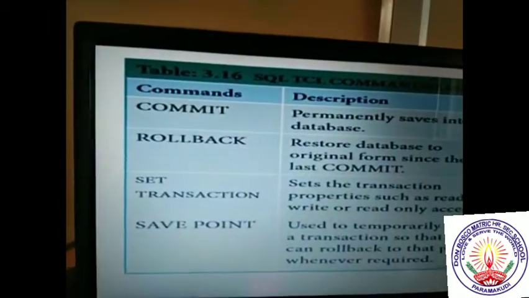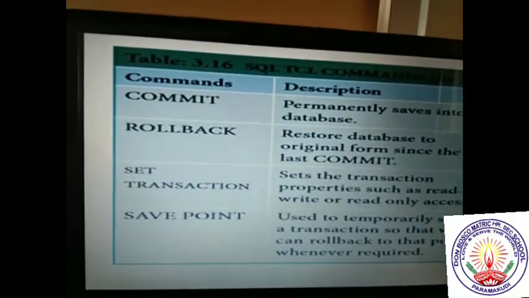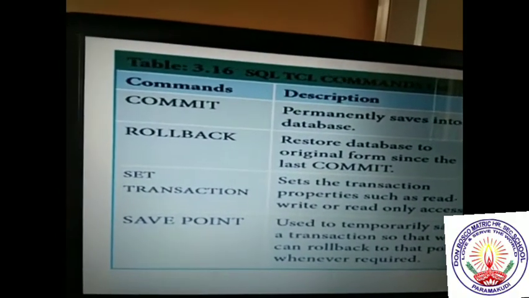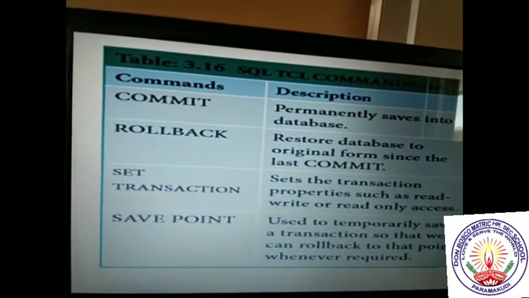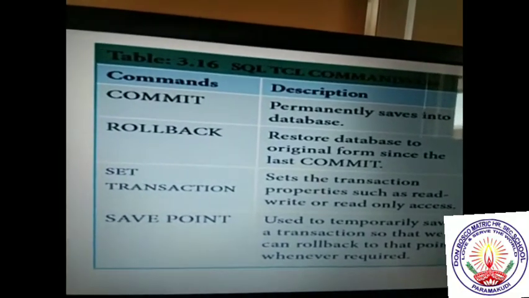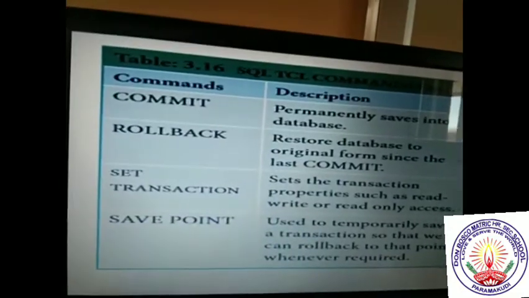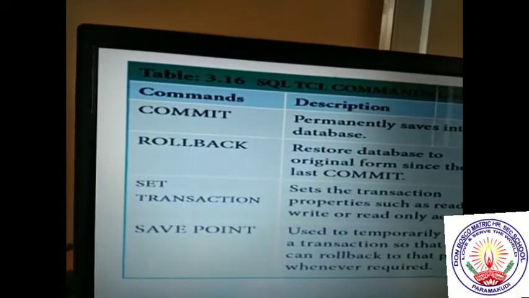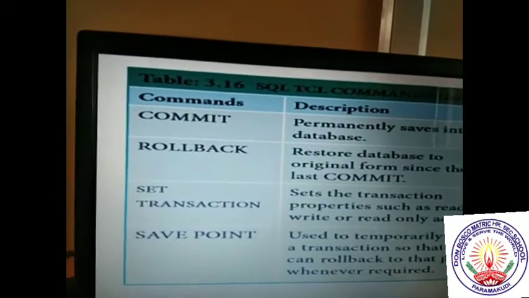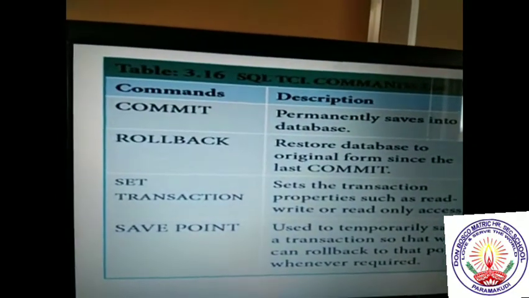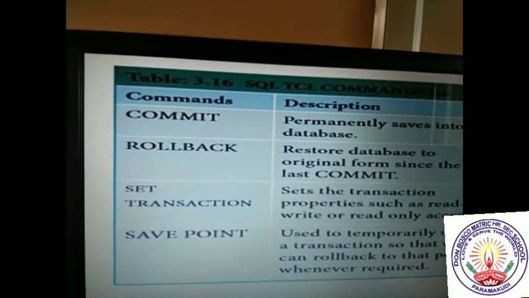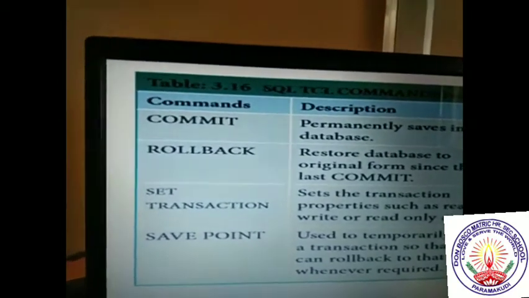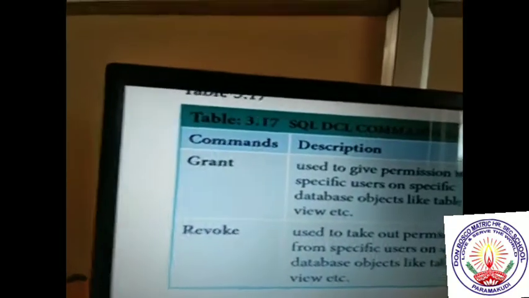And set transaction sets the transaction properties such as read-only or read-write access. And savepoint is a temporary save. So commit permanently saves the given database, and savepoint temporarily saves the given data in the database. Okay.